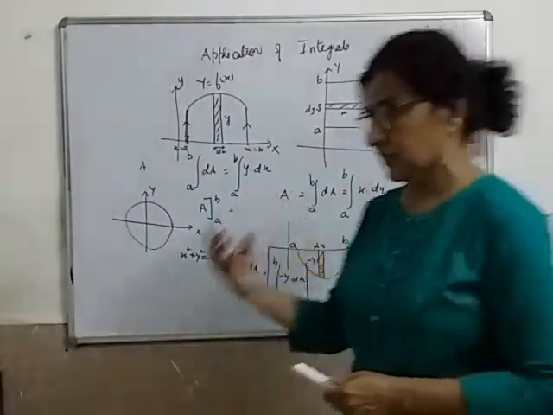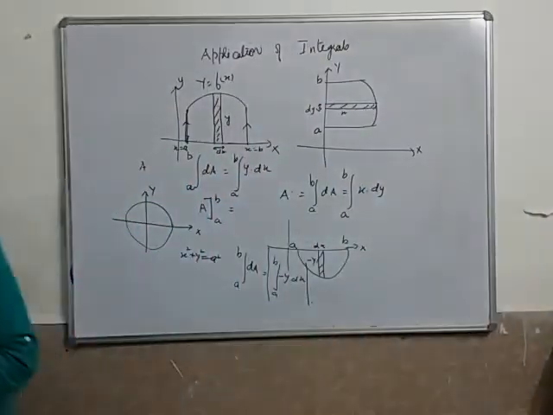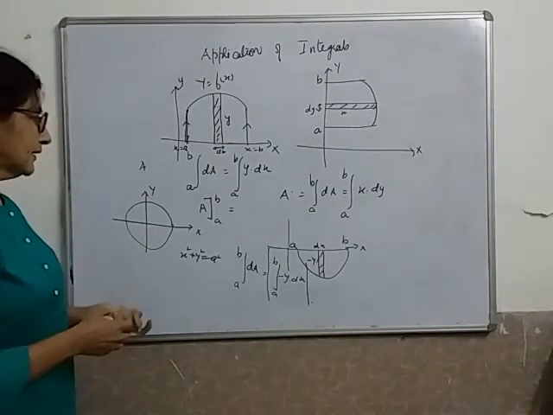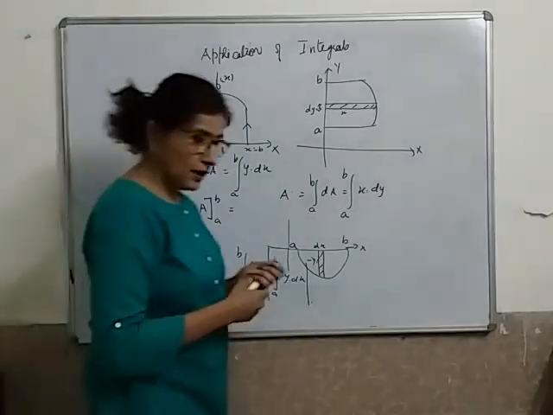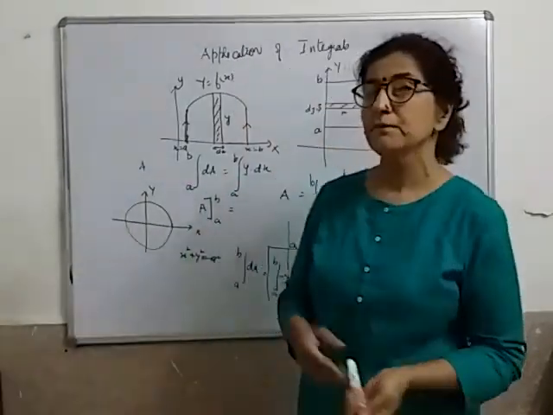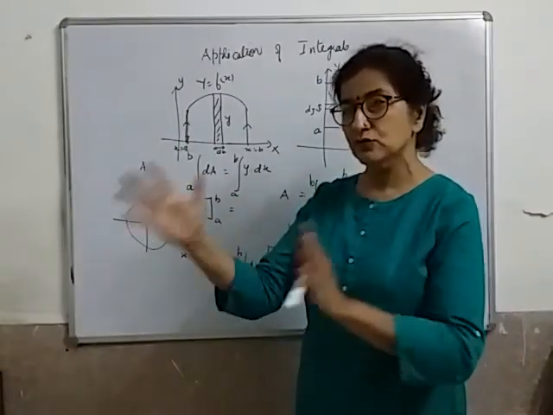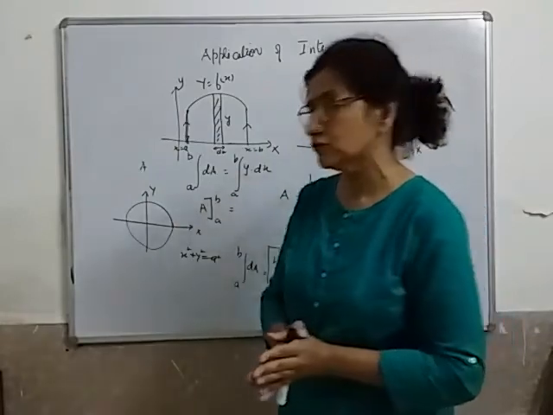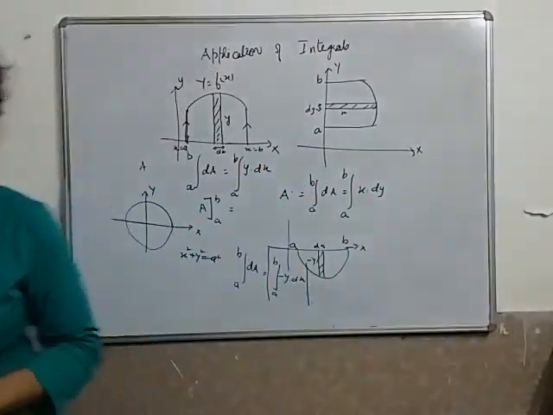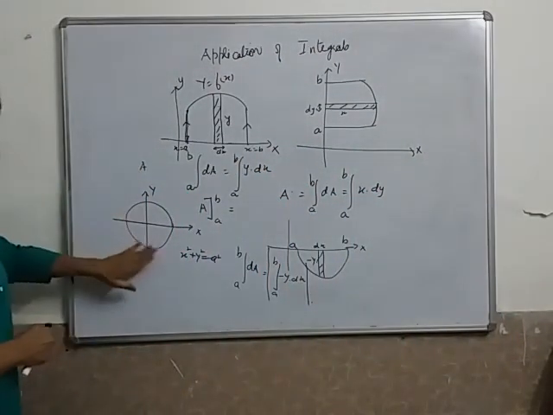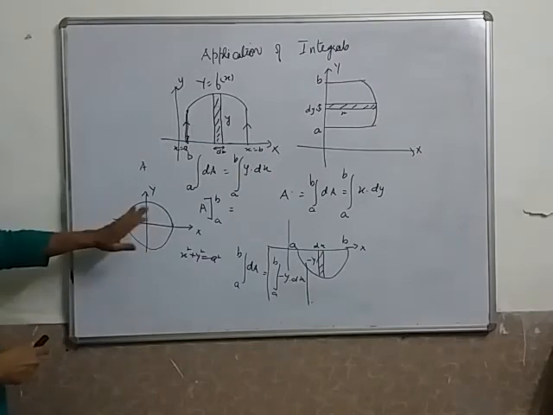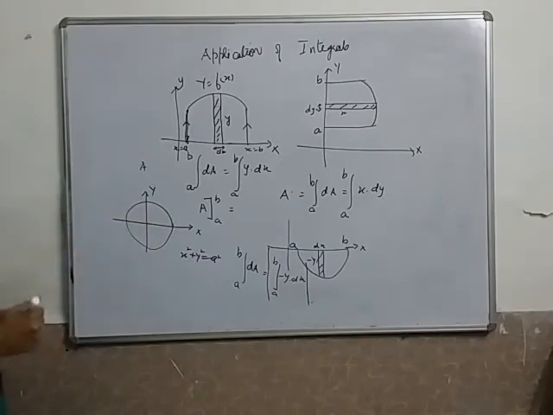It can be an ellipse, it can be a parabola. The point is you should be very clear with the conic sections. If you are not clear with your conic sections, half of the chapter you will not be able to do. It's integration plus conic sections, both should be very clear to you for doing this chapter. Chalo, let's take this example. We know that it is symmetric about the origin.